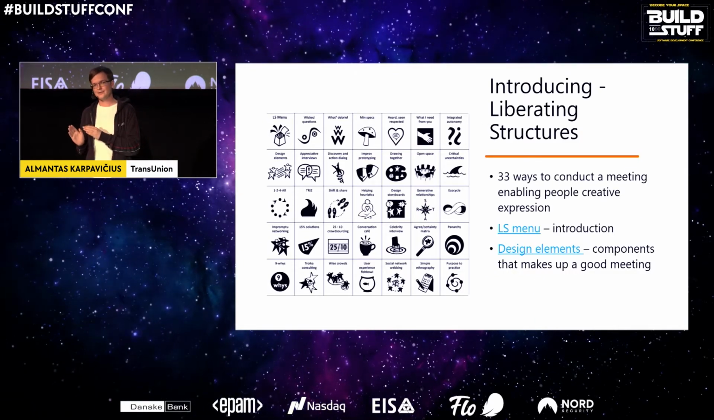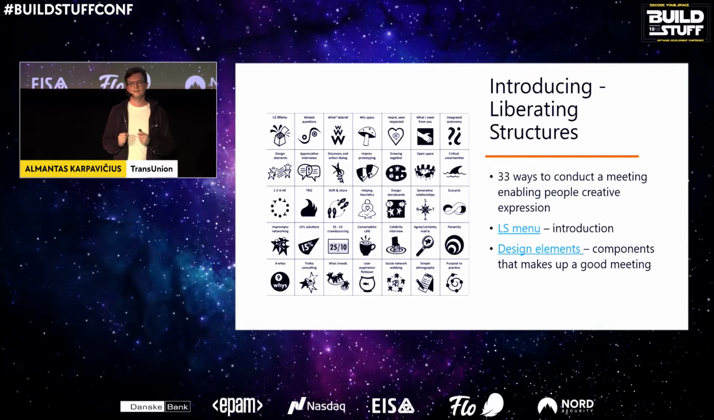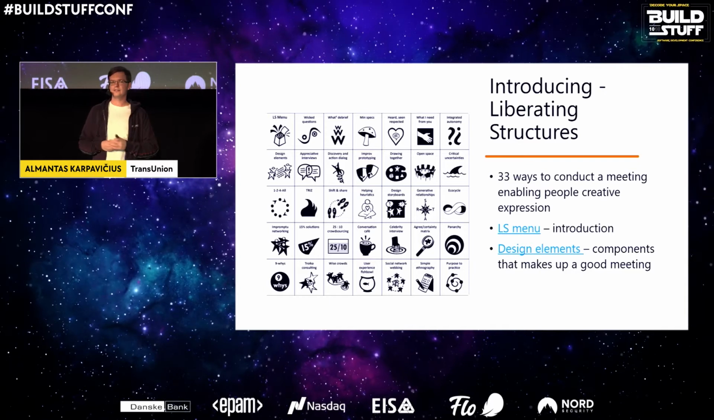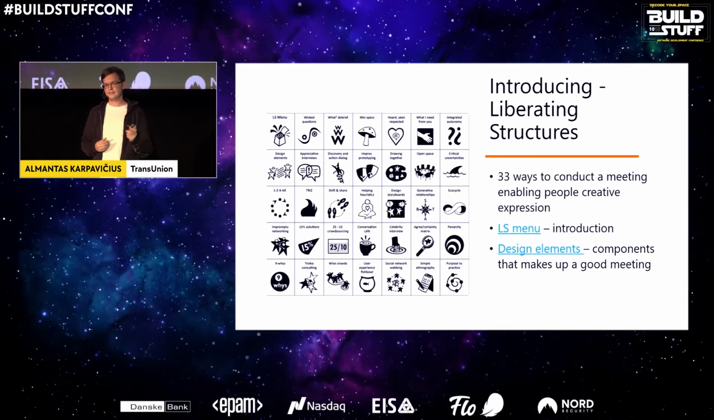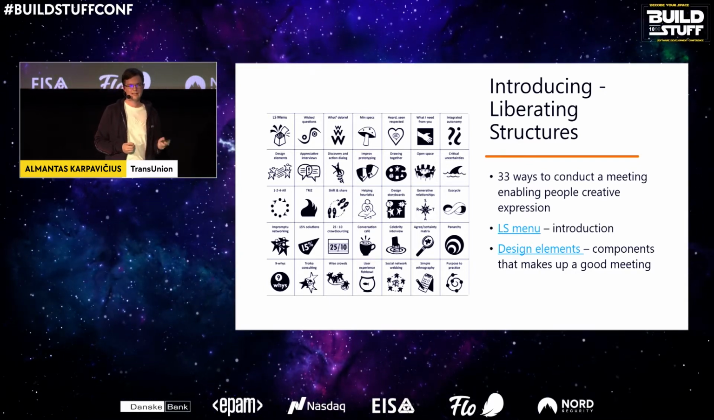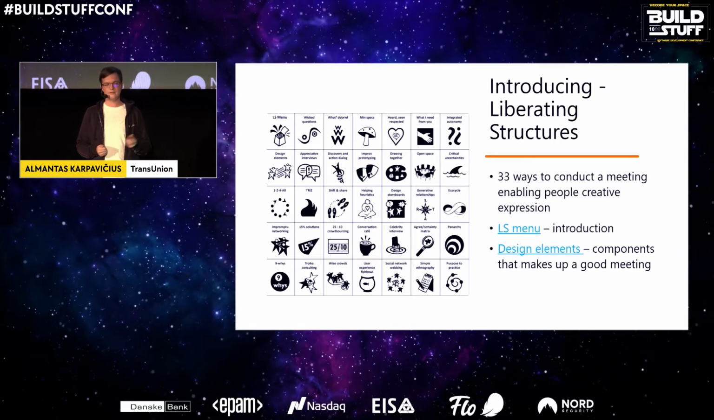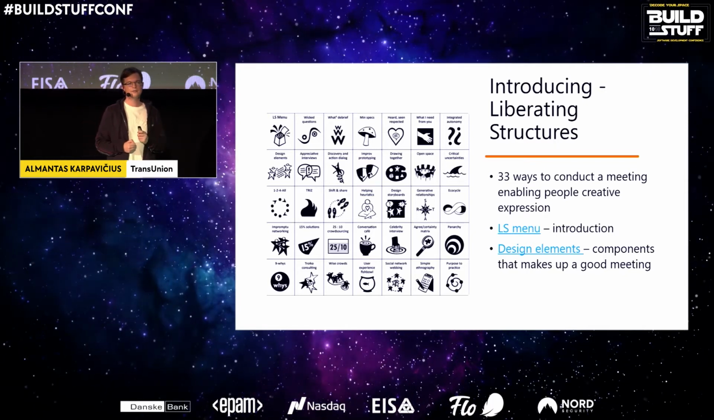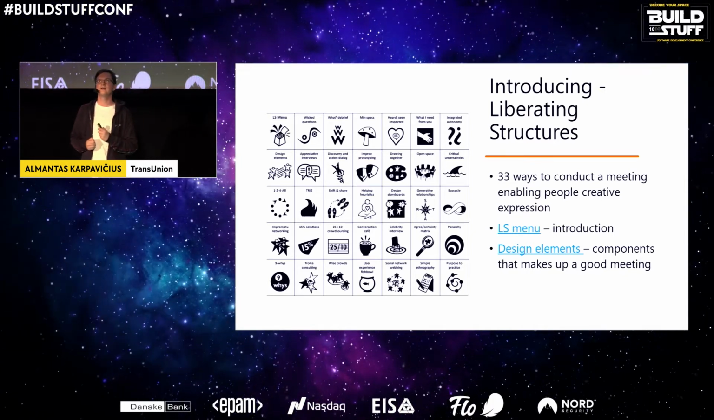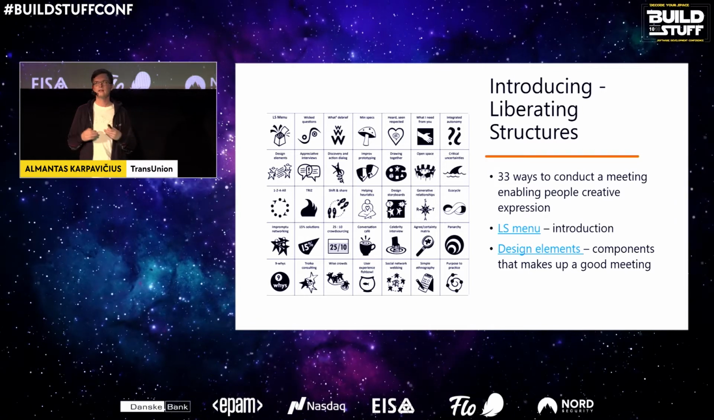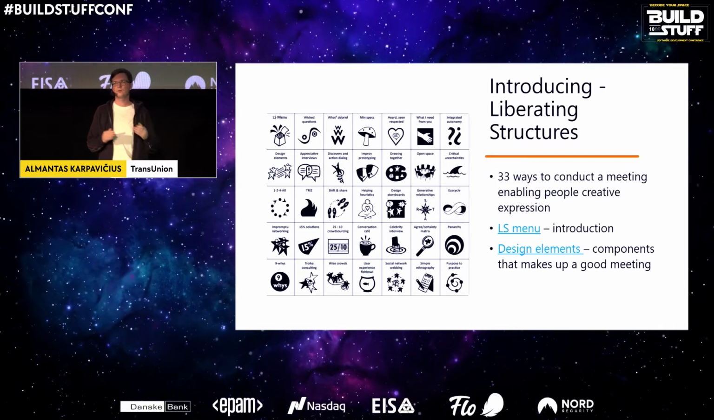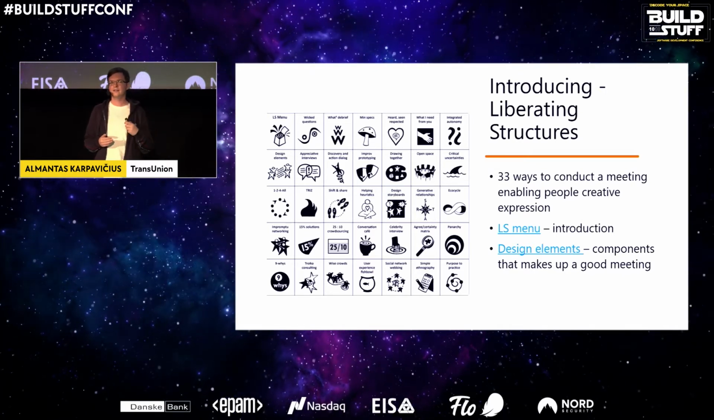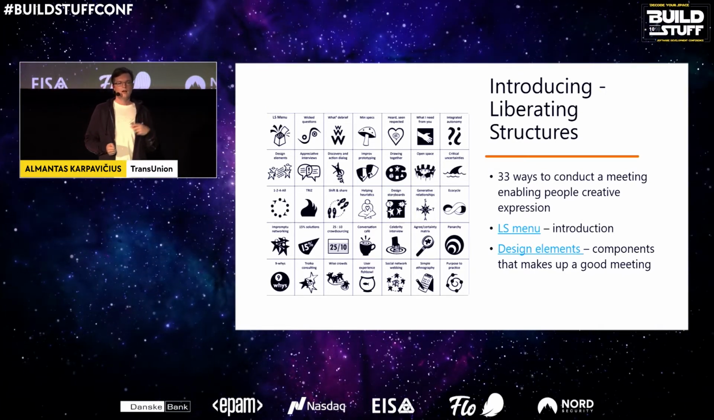Now let's get into liberating structures themselves. What are they? There are 33 liberating structures to choose from. In this picture, if you count, it's 7 by 5, so it's 35 squares. And the first two squares from the top left corner represent